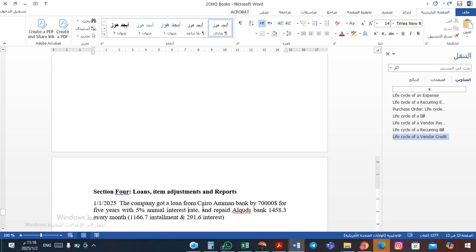The company got a loan from Cairo Amman Bank of 70,000, here in ILS, for 5 years with a 5% annual interest rate, and repaid by Al-Quds Bank